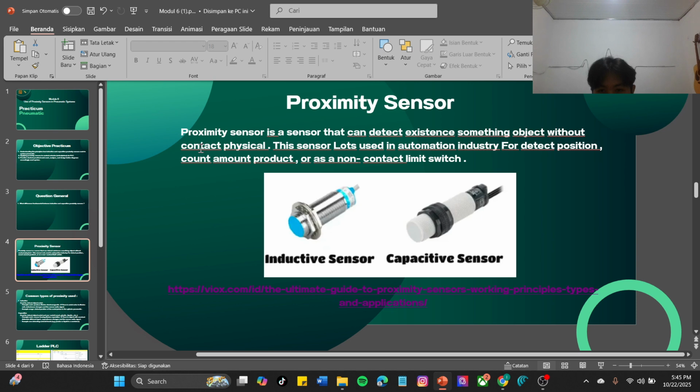If the proximity sensor detects a touch here, it will detect the existence and send the data to the PLC. The sensor is used in the automotive industry to detect position, count the amount of product, or as a non-contact limit switch. The sensor can be used widely for industry automation.